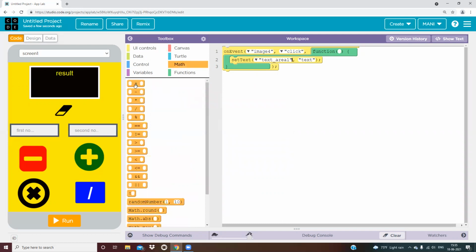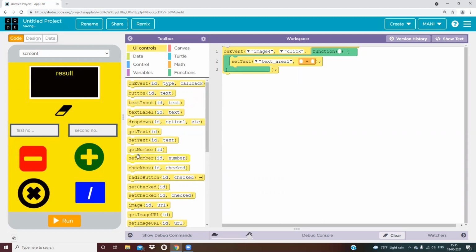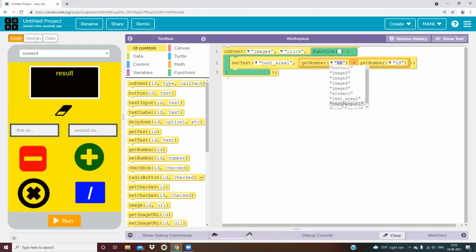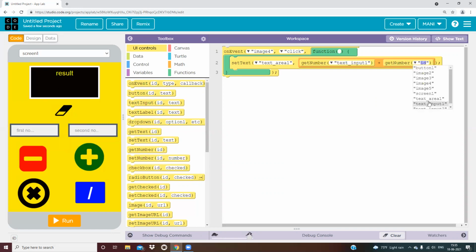So for that I'm taking this plus, and I will go to UI controls and get number, and again get number from the text input. So in first I'm writing the first text input, and this is the second text input.